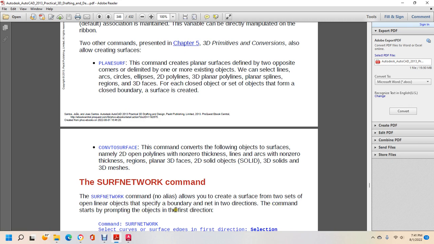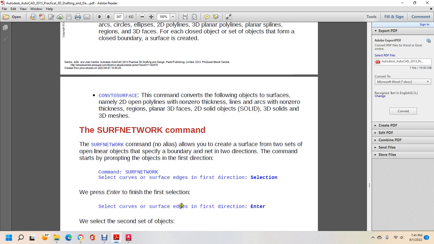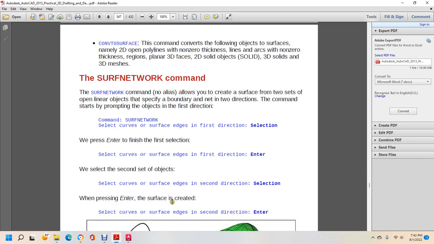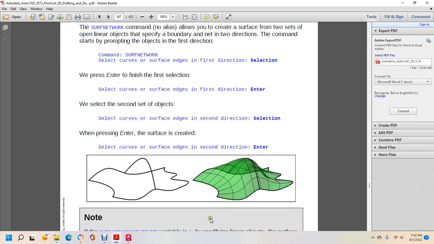The command starts by prompting for objects in the first direction. Surface network, select the curves or surface edges of the first direction. Press enter to finish the first selection. Select the curves and surface edges of the first direction. Enter, select the second object, curves and surface edges of the second direction. When pressing enter, the surface is created. Select the curves and surface edges in the second direction. So,